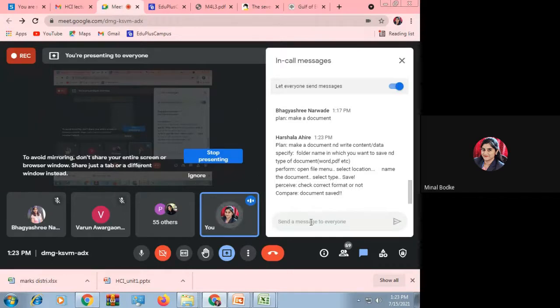So Harshala has done. So in plan, make a document and write the content data in specific folder name in which you want to save and type of the word. Perform, open the file menu. Okay. Select the location, name the document, select the type and save. Perceive, check the correct format or not, and compare document save. Okay. Next,